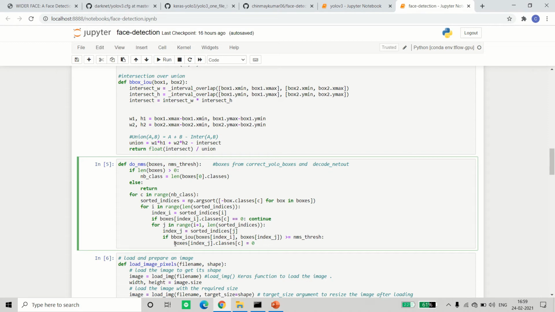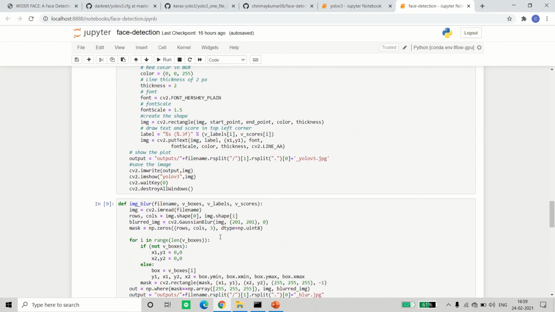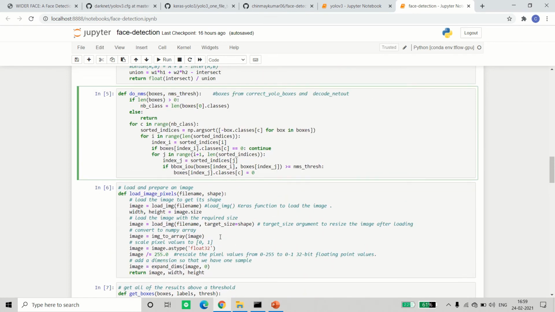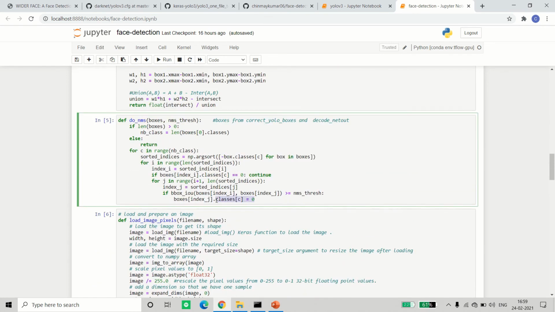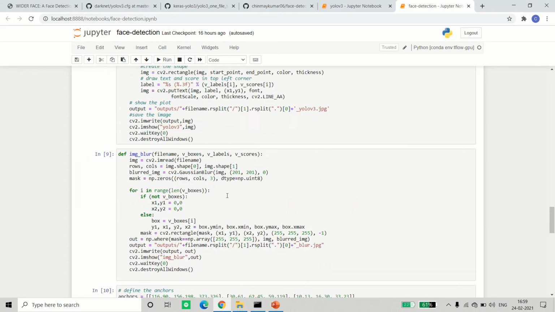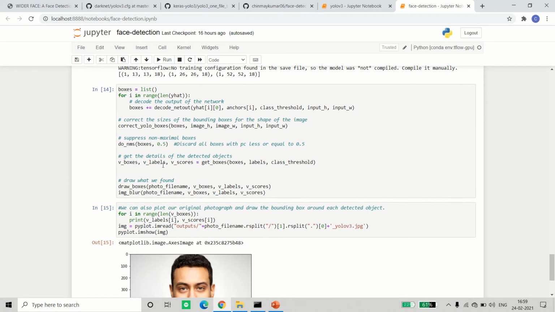Like this we do it for all the 10,000 plus boxes, and finally we get back our boxes. Whichever box we don't want, we make the score 0. Classes, as I told, will also contain the score and not the class, so that will be made 0. So the model will know that afterwards we'll use it. Whichever box remains with the class score is our box. So after doing the NMS, we finally have our box. Usually it will come down to one single box which will have the class score, and the rest will go to 0. So that is the get boxes function.